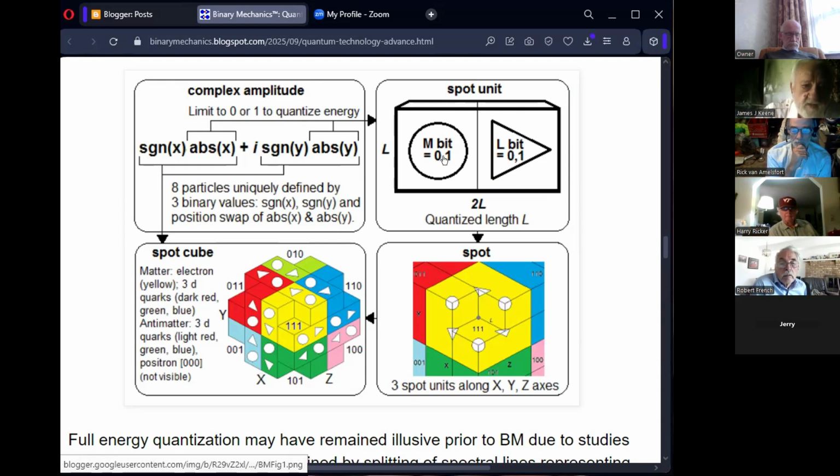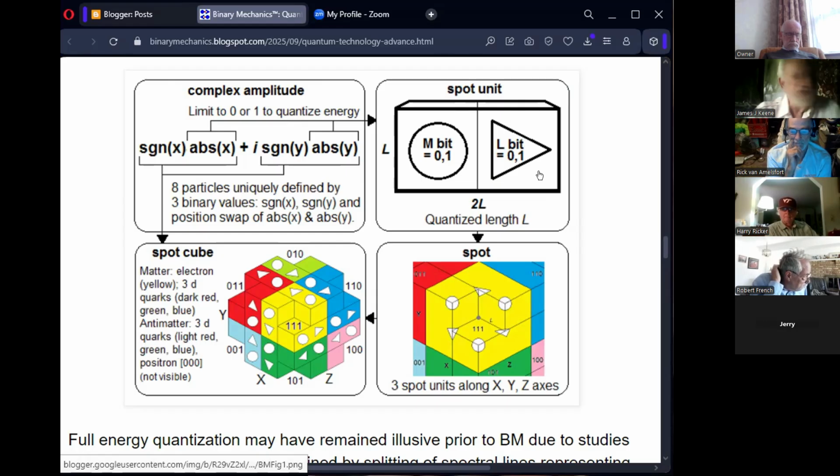The M bits represent the electric field and the L bits represent the magnetic field, okay? And so each one of these locations, if they're in the one state, in many of my illustrations, I make it a black circle or a black arrow to indicate the one state. But this is just an illustration of the position of these quanta, or these locations that contain one states or zero states.